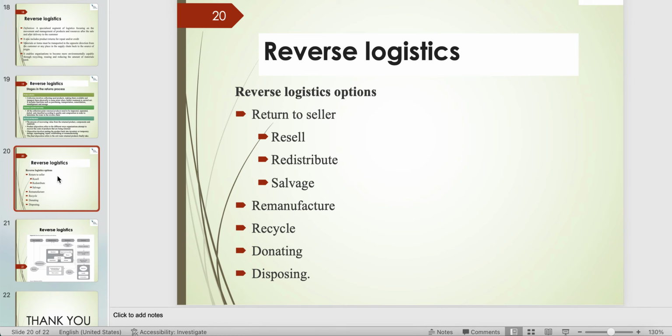So in reverse logistics, there are a few options that are also adopted, where it can be returned to the seller, where it can be resold, it can be redistributed, or if none of these two steps work, then it's salvaged, which obviously means disposed and thrown away. Remanufactured if it needs a little tweaking around, if it can be just fixed. It works for clothing too, where it is a broken button or something and it goes back and the button is fixed. So it is a little step in the process of remanufacture.